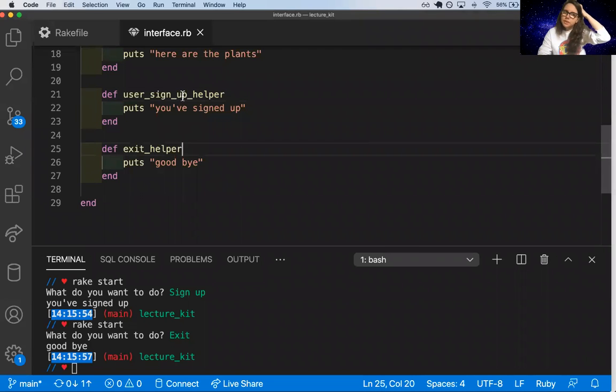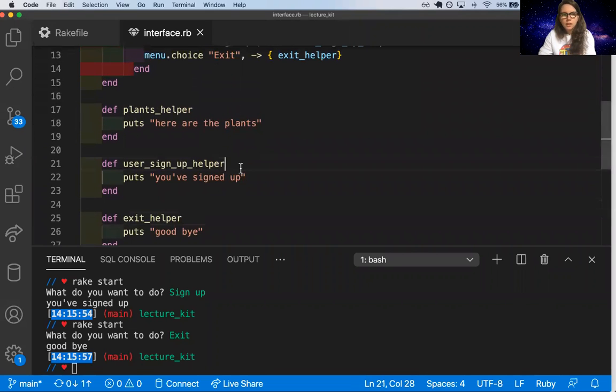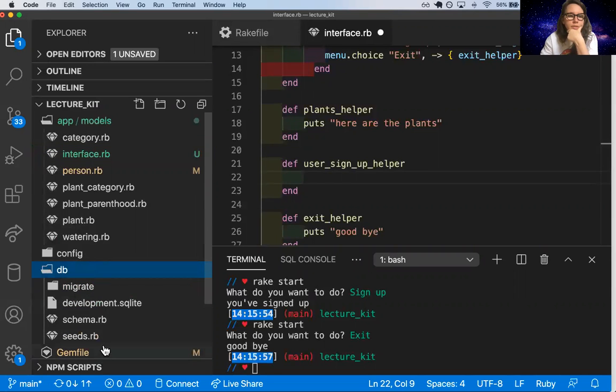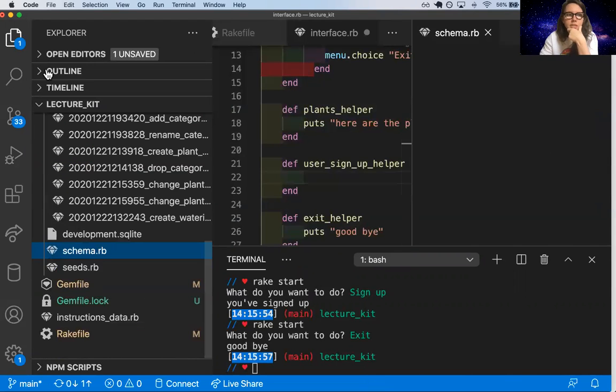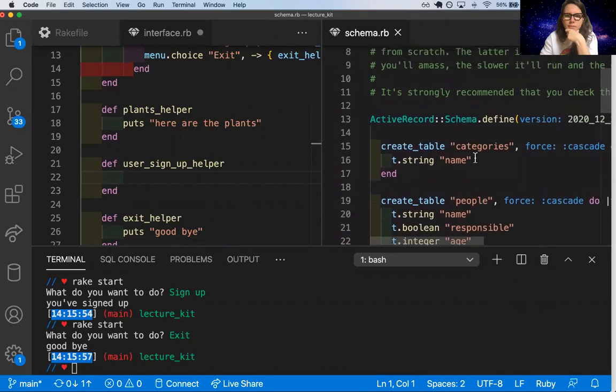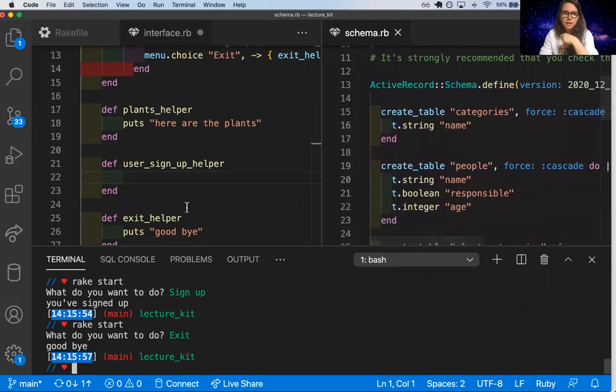So we'll be now working on the user signup helper method. In here, we want to first ask the user what their name is, right? Let's see in our schema what we need to create a person. Our schema has person: name, responsible, and age, right? So let's do that. In here, we'll first say name equals